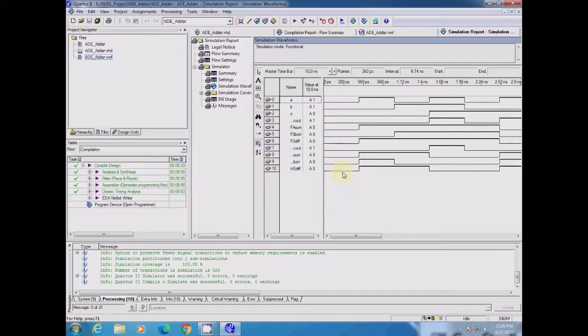See, when A, B, C are 0, all outputs are 0. When B is 1, C is 0. When A is 1, B is 0, C again 0. You can see the output. You can verify these results with respect to the truth table. We have the Boolean expressions and the truth table for each of these: half adder, full adder, half subtractor, full subtractor. So we can verify these results with respect to the